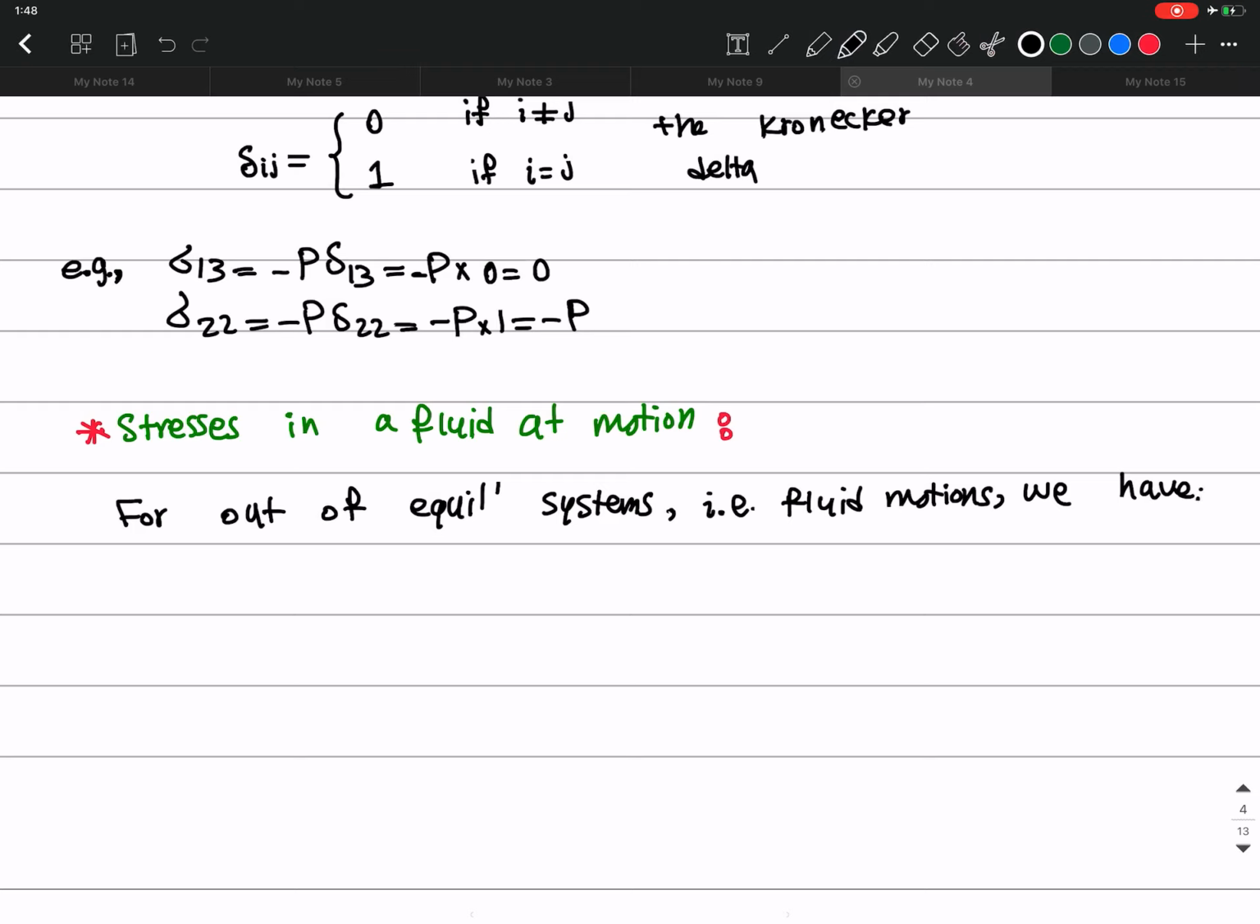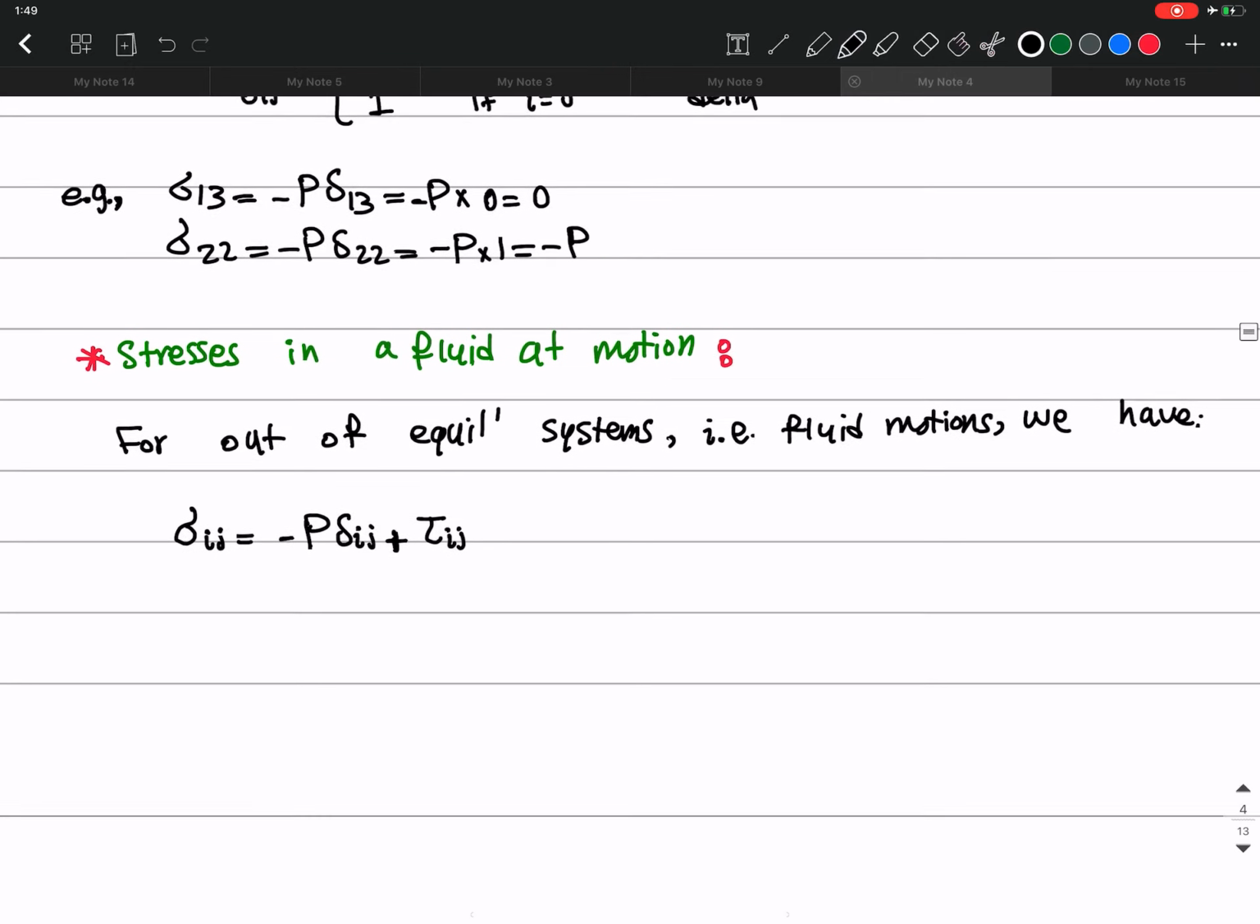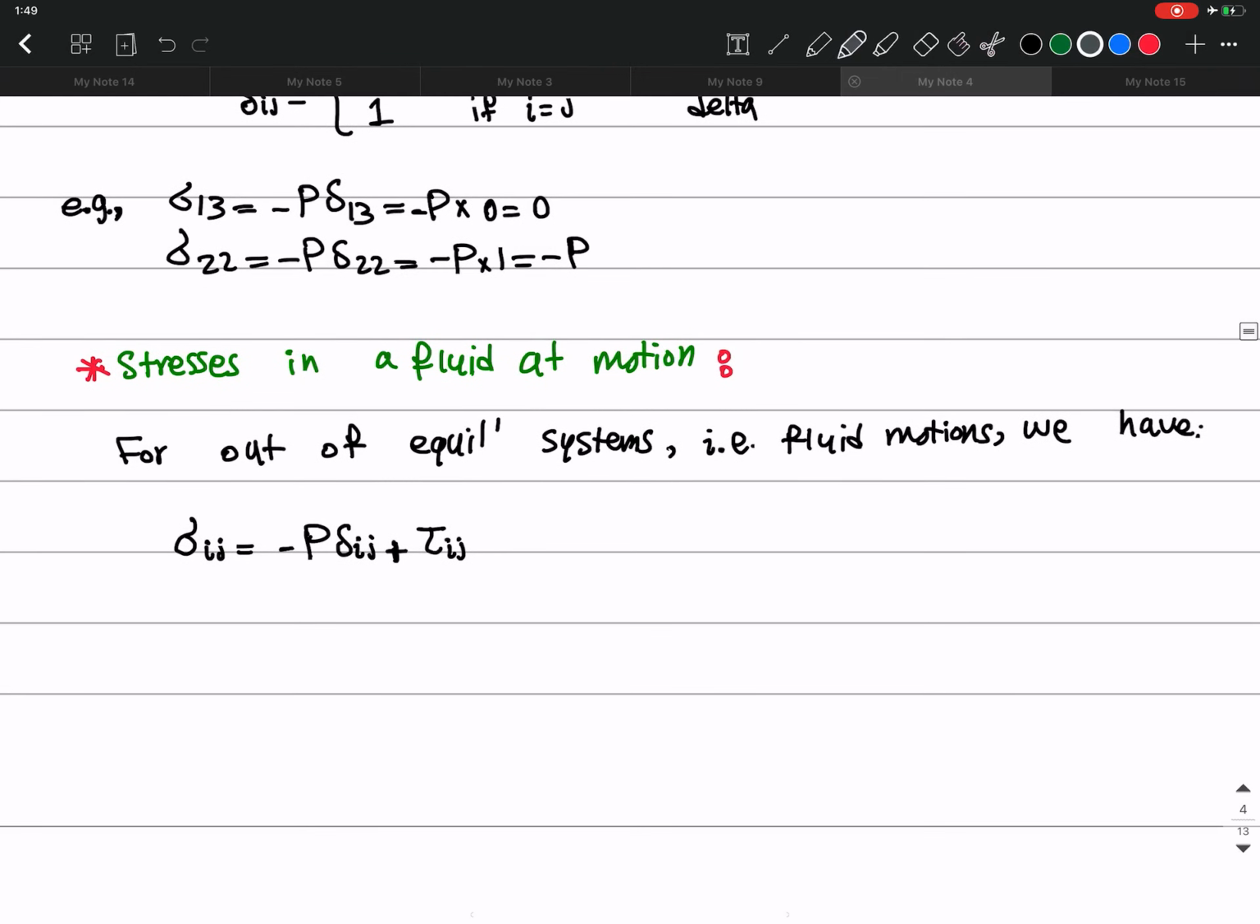the stress tensor sigma ij will be minus p delta ij, this is for the fluid at rest, plus some additional stresses. We need some additional tangential stresses plus tau ij. Okay, so we can write it as this. So this is stress in a fluid at rest,